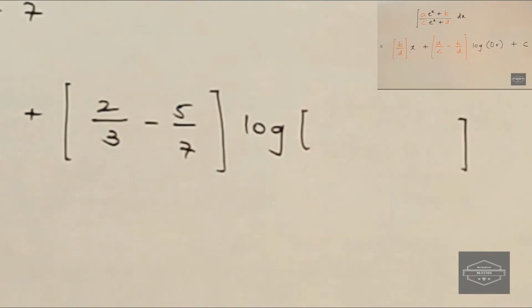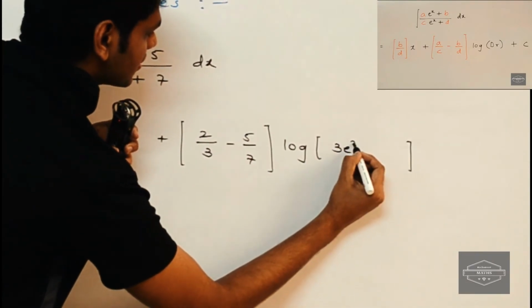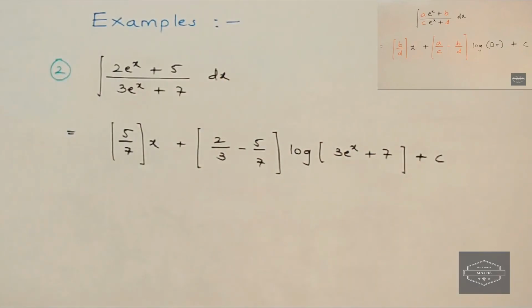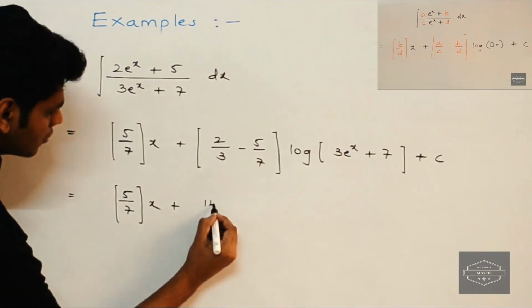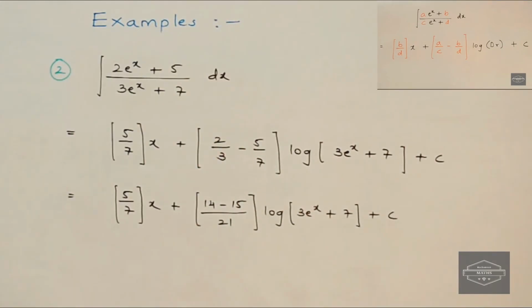so inside the bracket we have to write this term 3 into e raised to x plus, now again we just have to solve this bracket and we can straight away get the final answer. And all right, so the final answer is